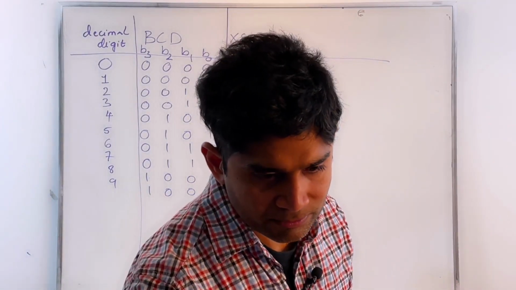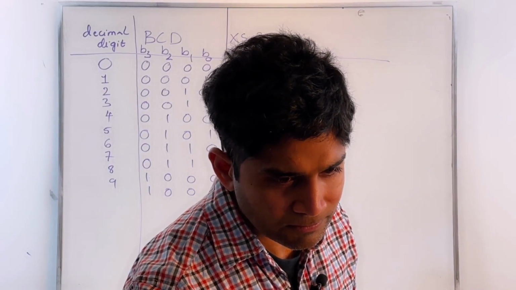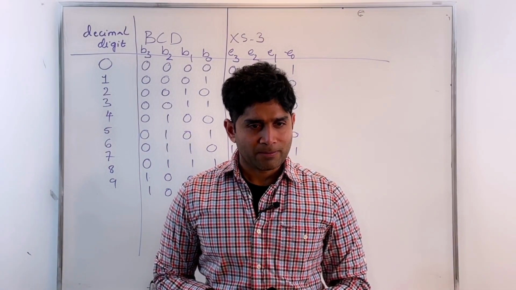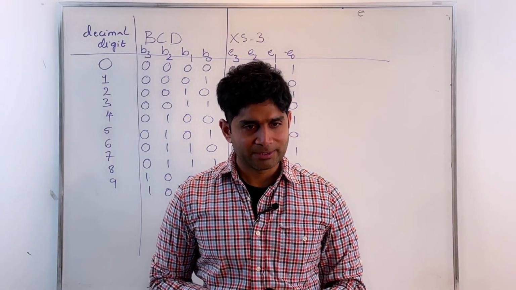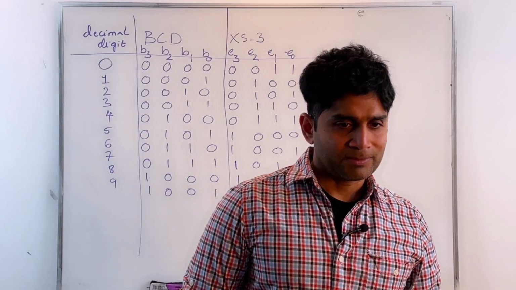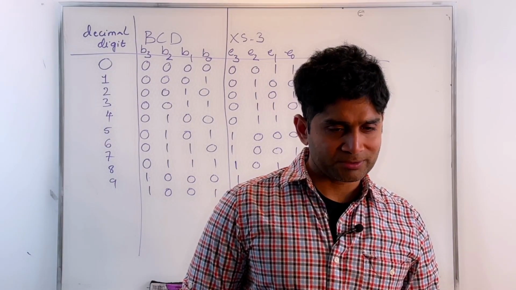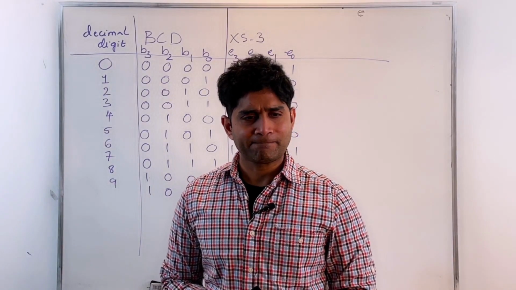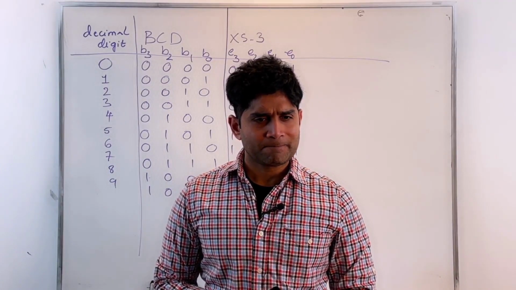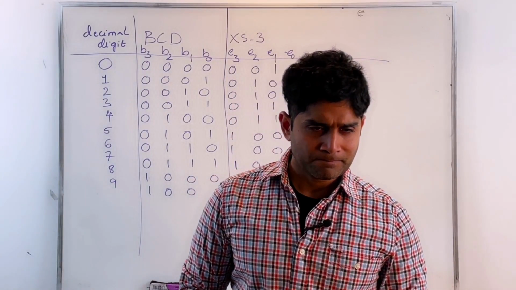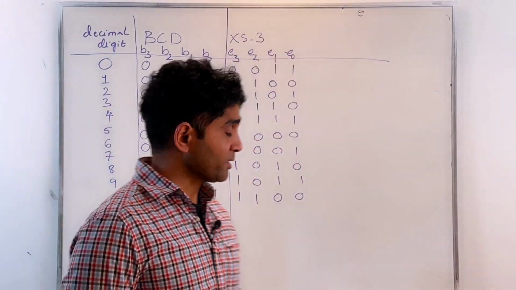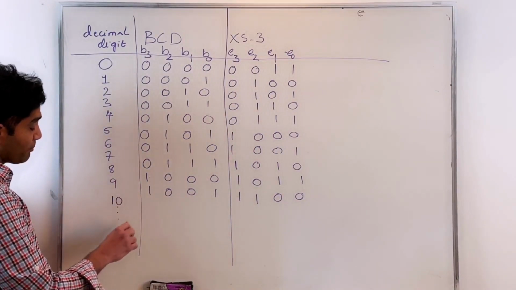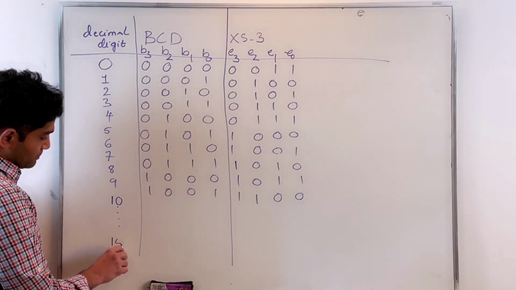What can you say about the outputs? What should the outputs be? David, can you guess what could be the outputs? For the rest of these combinations, 10 to 15,